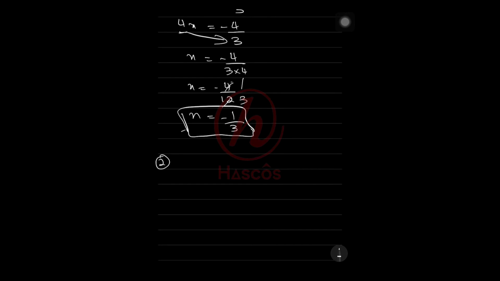Now we're going to try solving another question, which is 3x minus 2y equals 2, and 5x minus 3y equals 3. We have equation number 1 and equation number 2. Since 5 cannot be turned into a 3, 3 cannot be turned into a 5, 2 cannot be turned into a 3, and 3 cannot be turned into a 2,